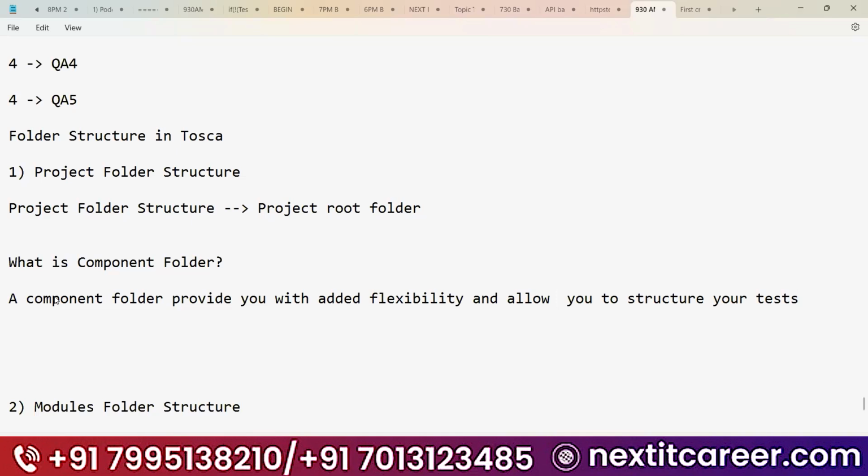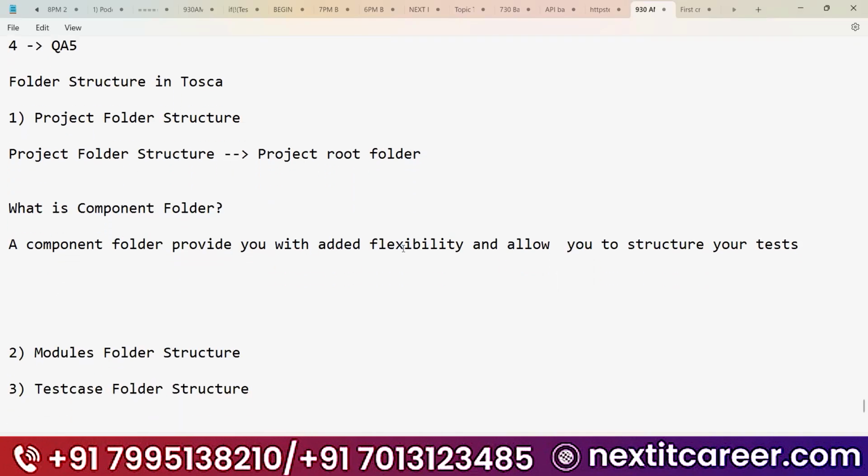Okay, so what it will be doing, a component folder provides you the flexibility and allows you to structurize your tests, and